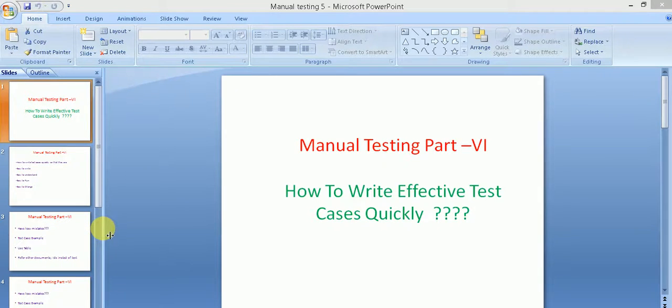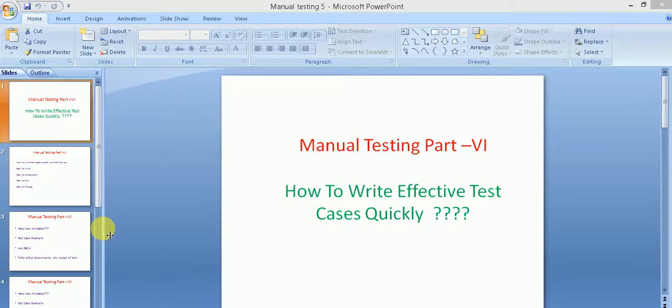The topic is how to write effective test cases quickly. If you have been assigned the task of writing test cases, you may have certain worries: that it may take you a long time and effort to write them, whether others reading your test cases will be able to understand them, whether they will have problems running them, and whether your test cases will be easily updatable whenever there are changes you need to implement in them.